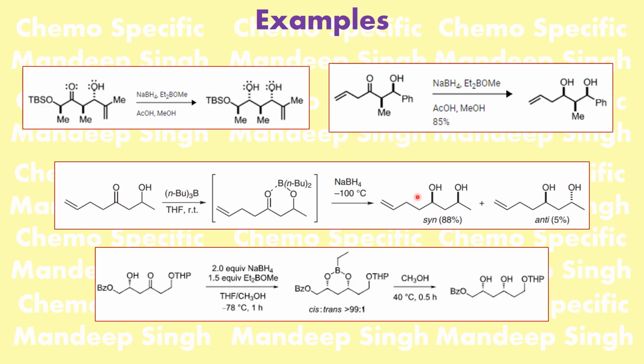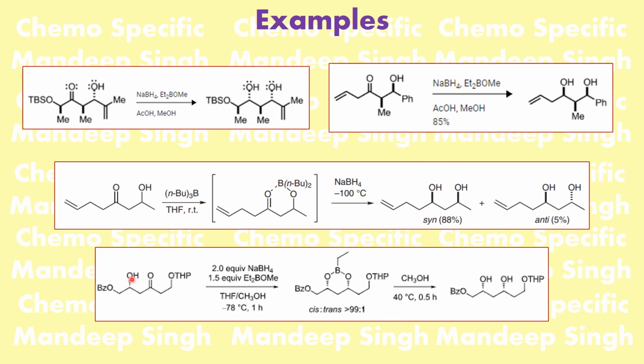Okay, if you write this as both the hydroxy coming out of the plane, it is absolutely right. Had they shown these going behind the plane, that is both hydroxy going behind the plane, that is also perfectly fine. Okay, so in this case the anti is formed only 5%, so the major is the syn diol. So this is exactly what we have told.